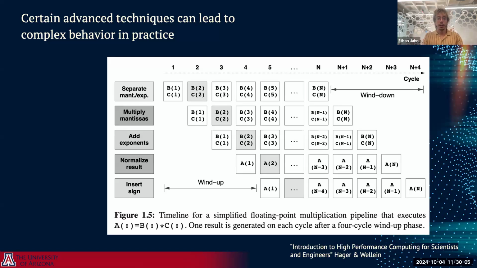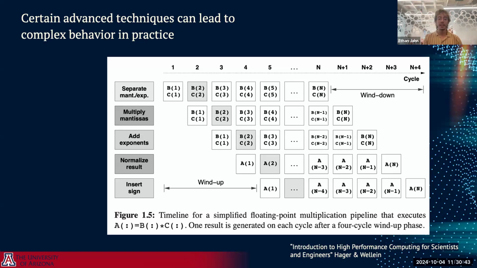So what we're looking at here is an operation where you are multiplying elements of an array. A is equal to B times C. And because each processor is only able to complete one operation at a time, if you're using multiple processors, each processor can process one instruction at a time. So when you're starting, only one processor is active, but as the next step gets implemented in each clock cycle,